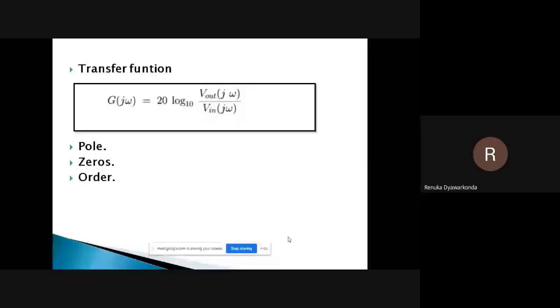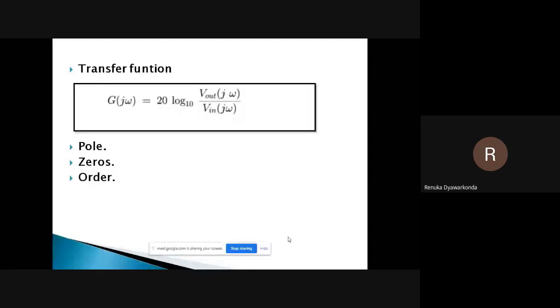The next is order of the filter. So it is obtained from the transfer function. It is nothing but the highest degree in the transfer function. So the maximum delay in the samples used in creating each output sample is nothing but the order of the filter. The higher the order, the narrower the transition band will be, and the lower the order, the wider the transition band will be.